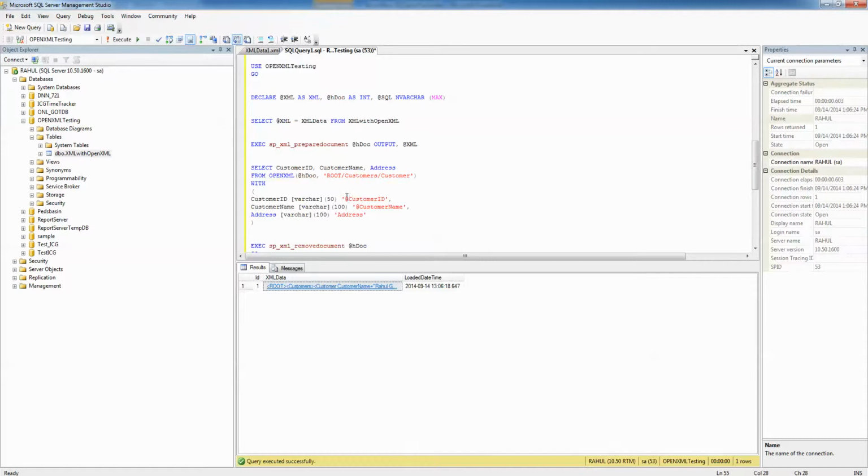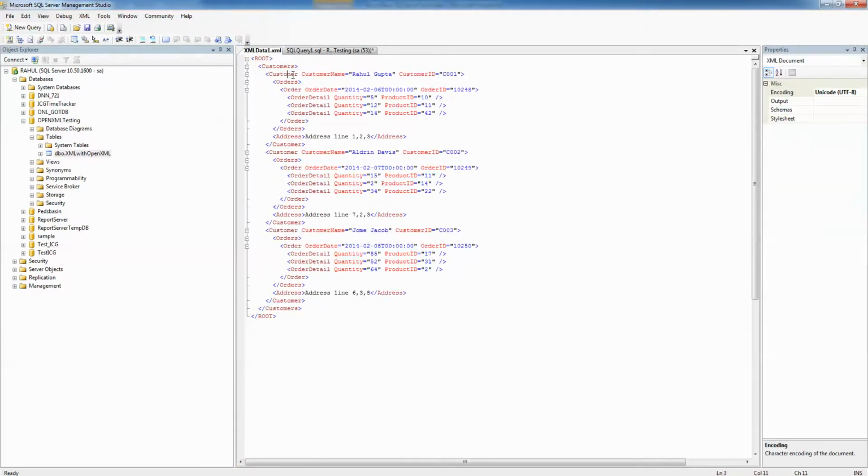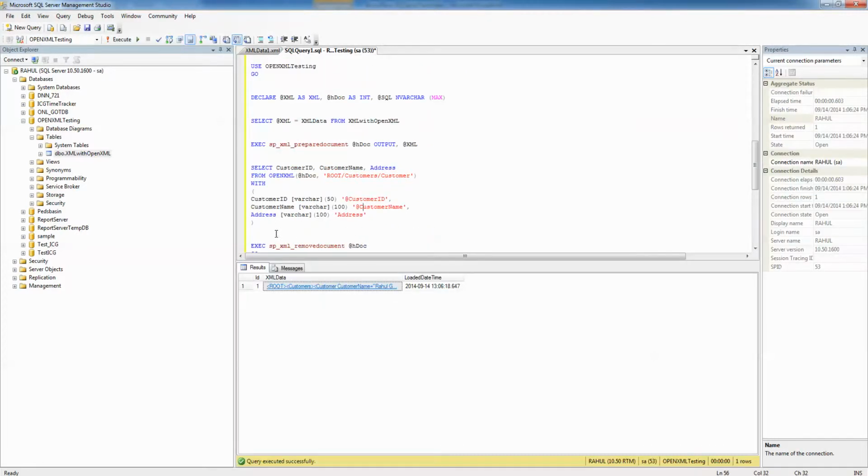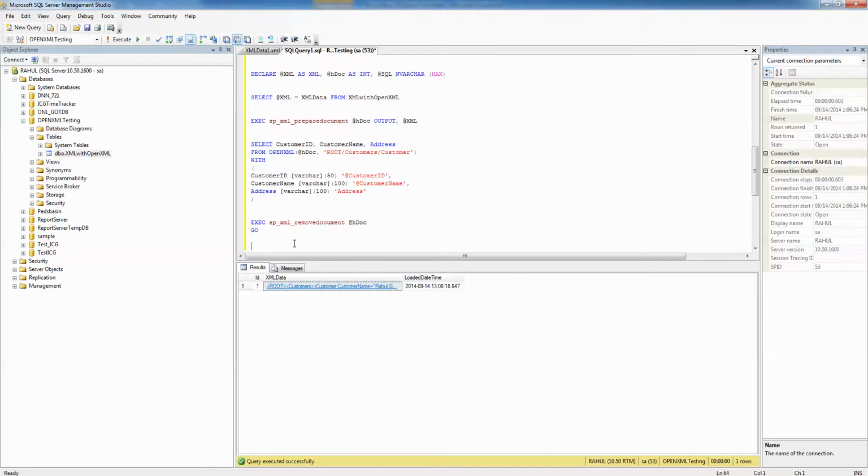Now note that the attribute symbol @ we have added in this column because we need to get the customer ID and customer name from this customer node, the attribute of the customer node. No @ is required for the address node because it's a child node. Right, so let's try to execute this and see if we can get the data loaded from the XML file.